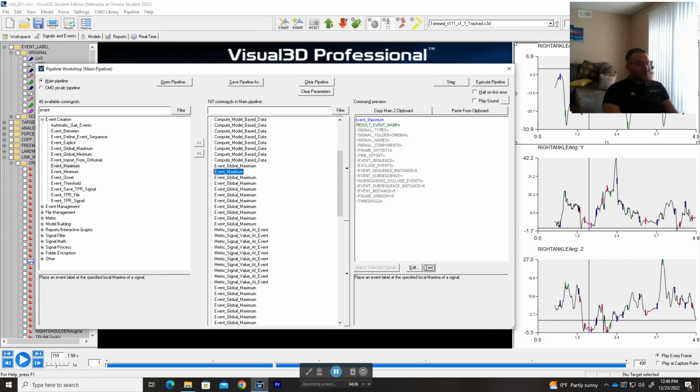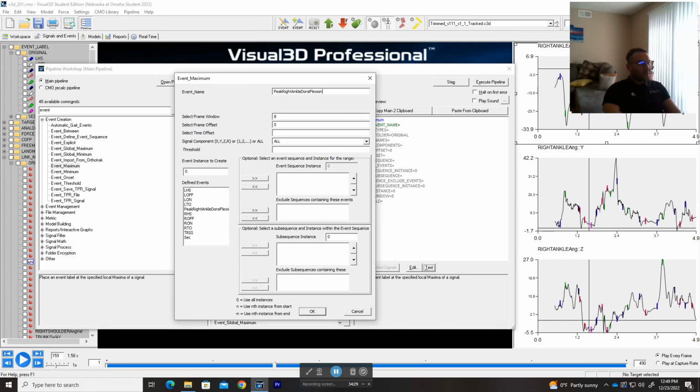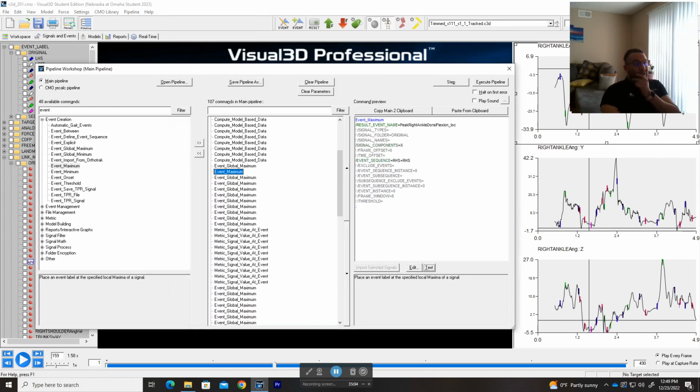it doesn't like that. It wants me to do that, but it's fine. I just do it like here, so it's gonna be easy for you. Local, select frame window. Just keep it at 8, but you can change it to any frames you want. Offset is 0. Single component, we just want the X. And then here the event sequence, for example, we want from right heel to right heel, and that will give us the strides. And then you hit OK,